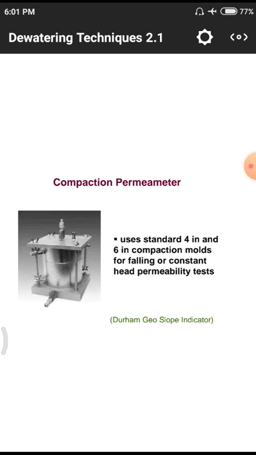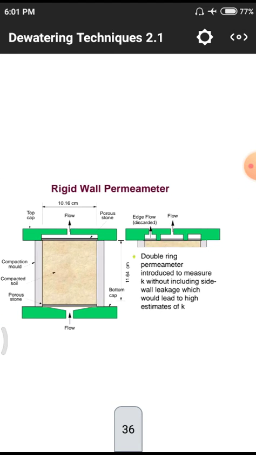Simply, the soil has some amount of water content. By applying loads onto the structure, what is the variation, how will the soil behave due to this application of load under some amount of water? All those things we have to observe. This is the rigid wall parameter. Previously we were having rigid wall parameters and flexible wall parameters. This is the rigid wall construction to control the entrainment of water.